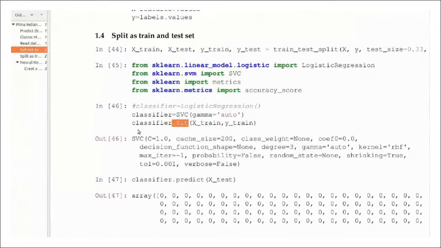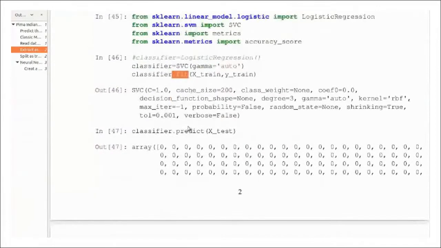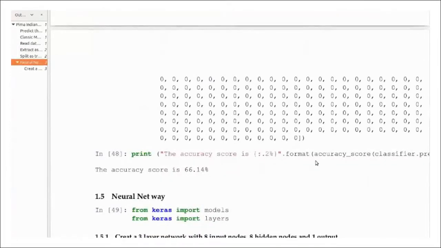So the model gets trained on this data set. It is ready. Now you are predicting the value, you are testing using X test. The difference is that while training, you are giving both the training data as well as the corresponding label. But in prediction, you are just giving the input, and you will get the corresponding predicted value. This is the predicted value.